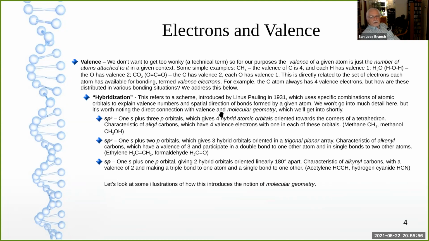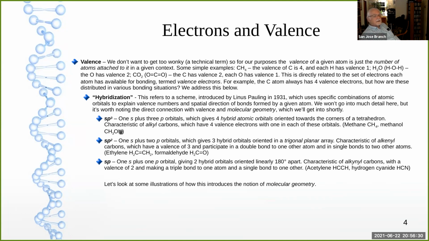So there is a direct connection between the valence and the molecular geometry, and you could see that on the next slide. Maybe we'll just go to that next slide and take a quick look after we talk about the notations here, and then we can pick it up again next time at that spot, because this is where you're starting to get the notion of 3-dimensional geometry. So